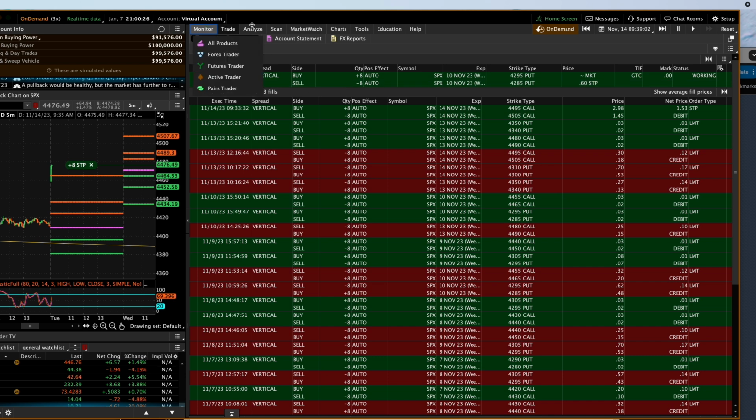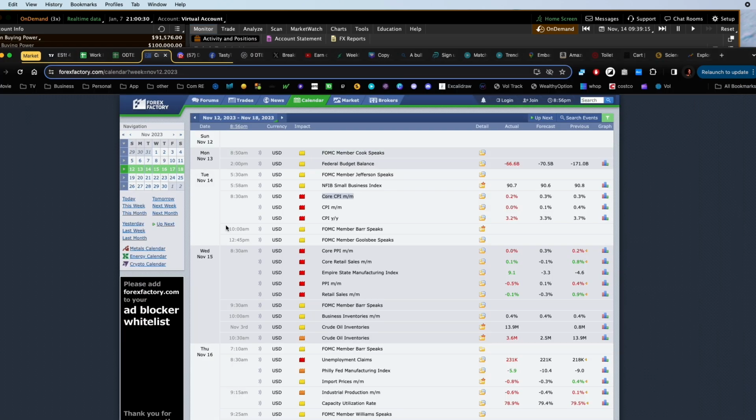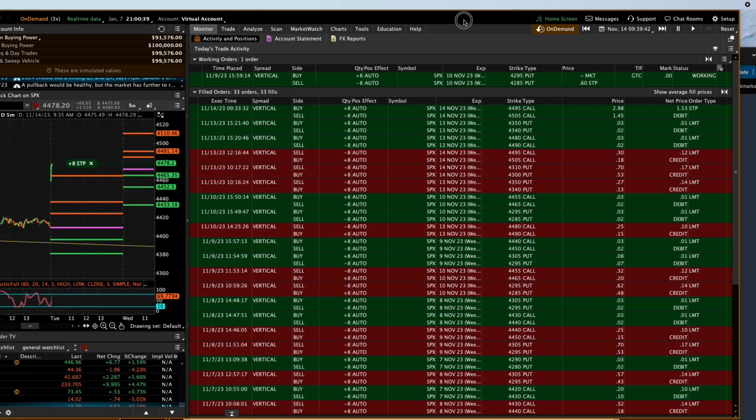And keep your stops on. Stops aren't going to help you with stuff like this, but the economic calendar is. Don't trade on stuff like that. This is 8:30 in the morning. Market opens at 9:30. You're already dead, right? So that's certainly something that you want to watch out for. And again, I don't know how you account for that with back testing.